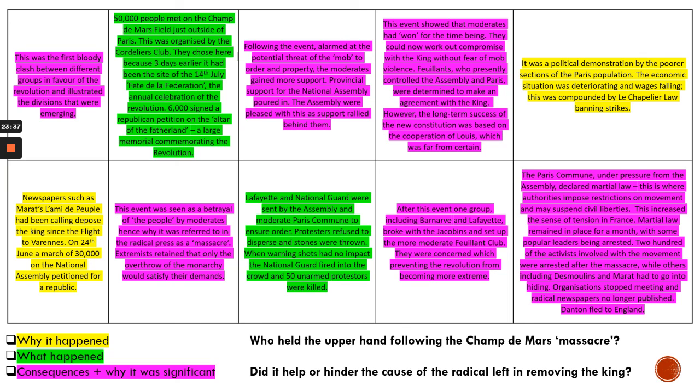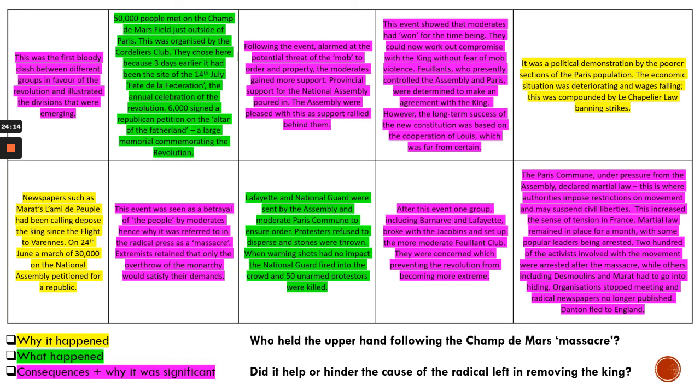and martial law is introduced, and this means that 200 of the activists involved in this event were arrested, and lots of the other leading figures of the radical left, such as Desmoulins and Marat, had to go into hiding. Danton even ran away to England. This is at the point where Marat hides in the sewers and gets his horrible skin disease. So actually, in terms of influence, they're not having much influence, are they? If they're running away and they're not publishing their magazines and newspapers,